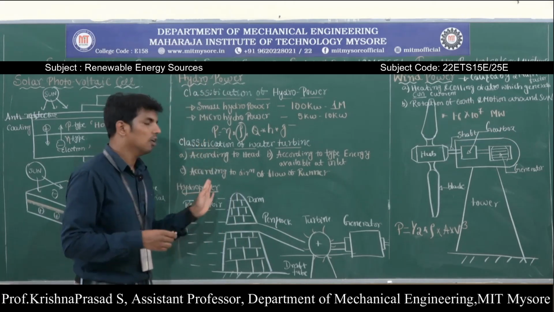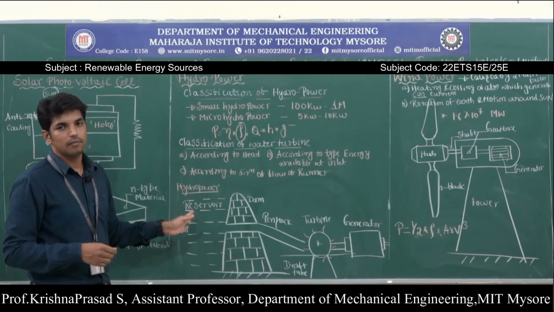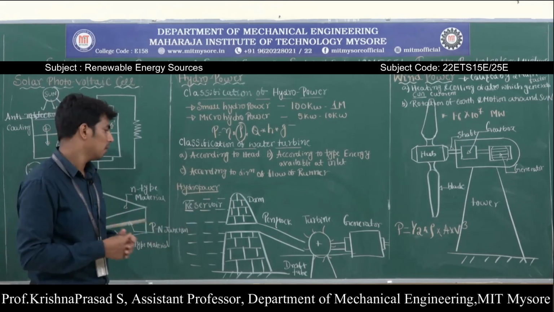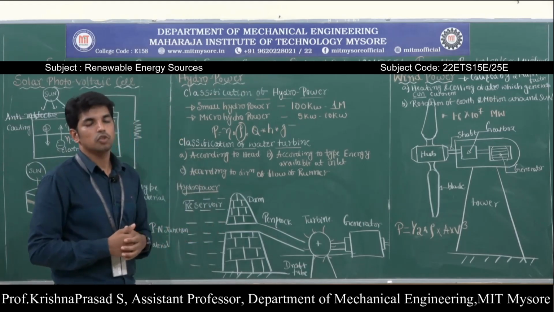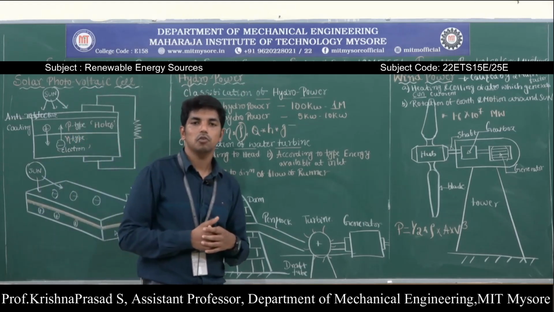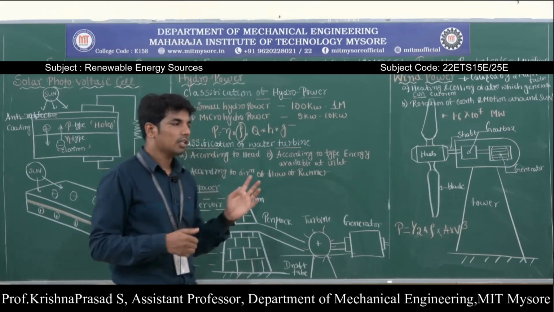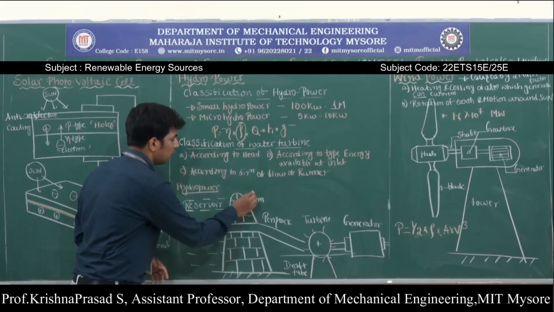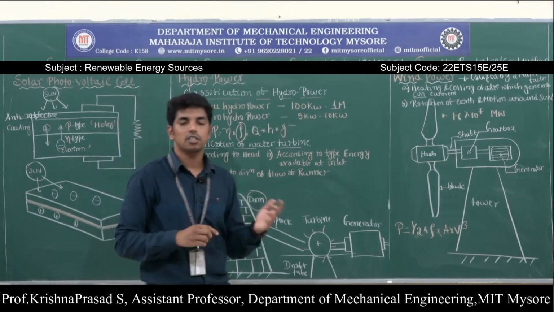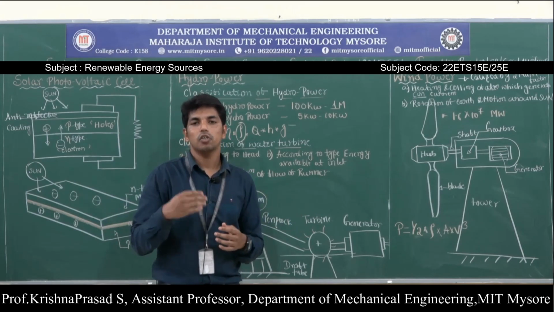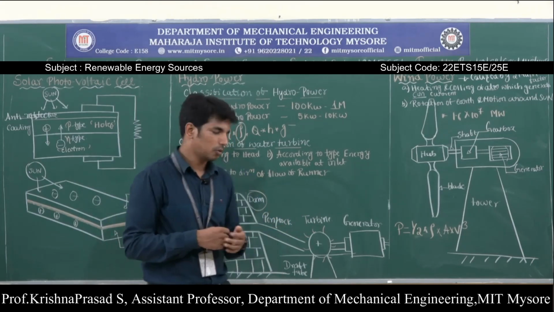Next, a very important one: we are taking the example of the Pelton wheel for harnessing hydropower. What are the main important parts of the hydroelectric power plant? The hydroelectric power plant is mainly used to convert the kinetic energy of the water into electrical energy. The main parts are, first, the dam or reservoir, which is constructed across the flowing river in order to increase the level of the water, that means in order to increase the potential energy of the water.